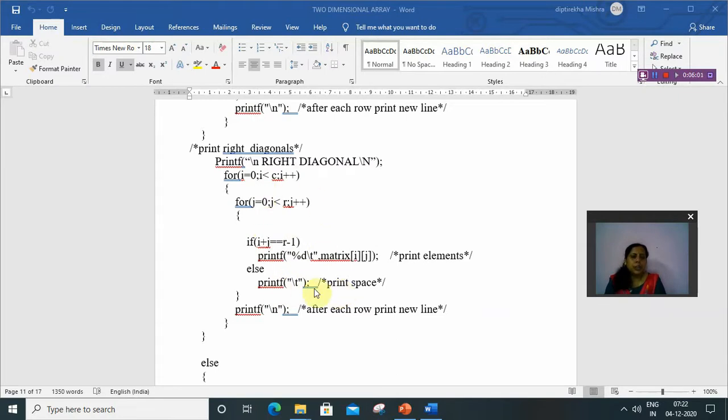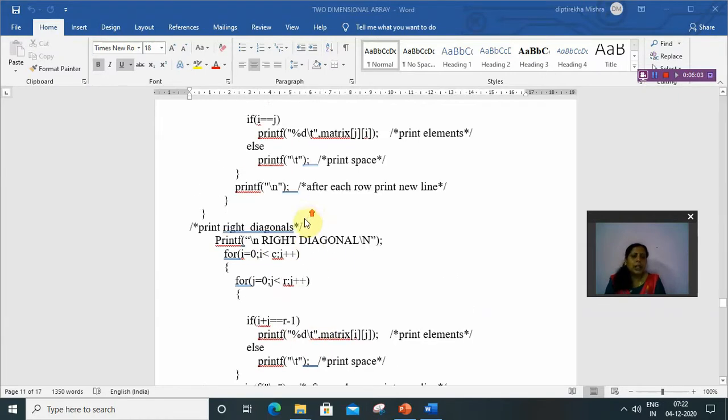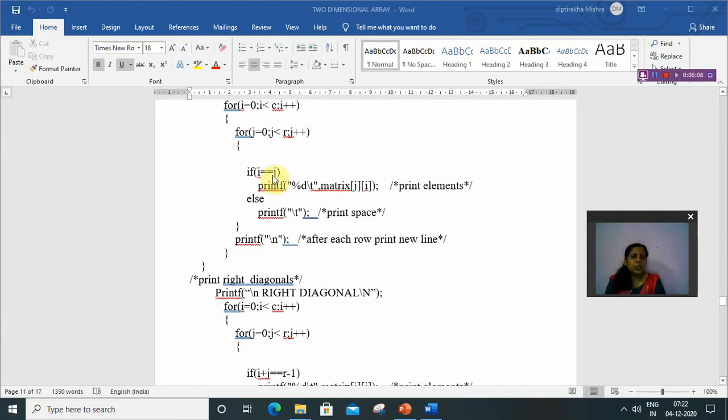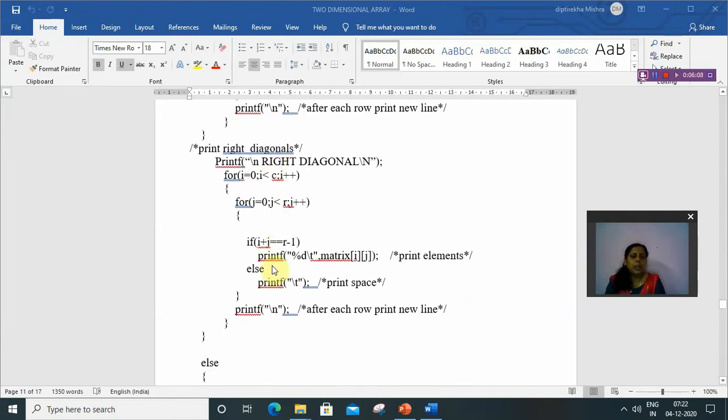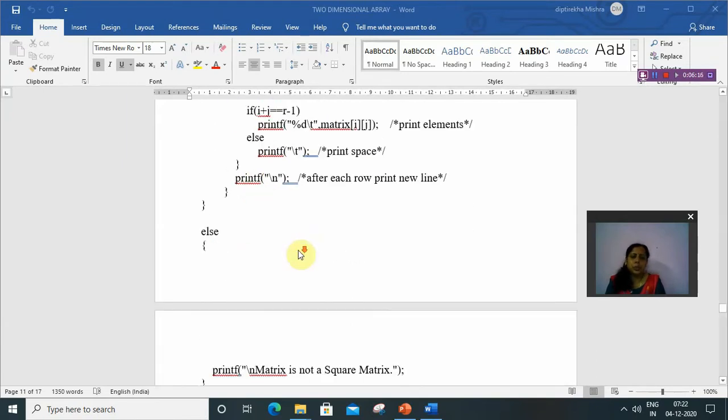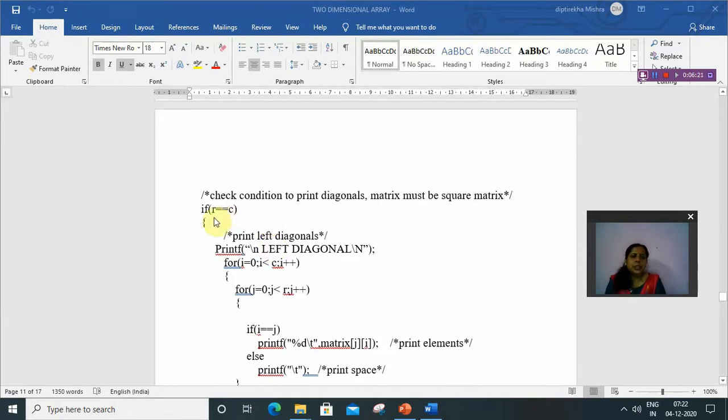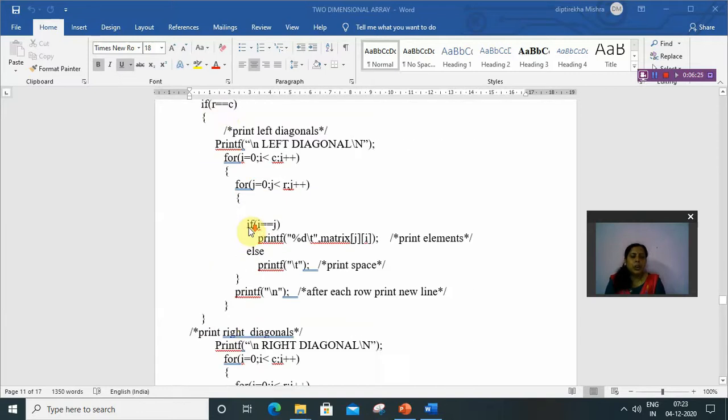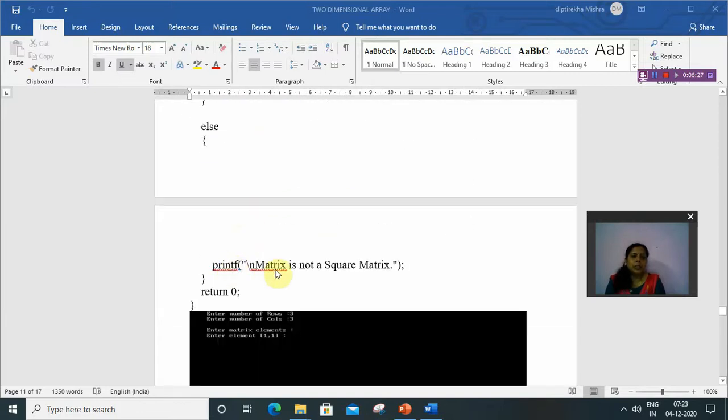So for the left diagonal the row is equal to column, and for the right diagonal the row plus column value is equal to row minus 1 or column minus 1. If the check is false, meaning the row is not equal to column, then it will print that the matrix is not a square matrix and it will not print the diagonal elements.